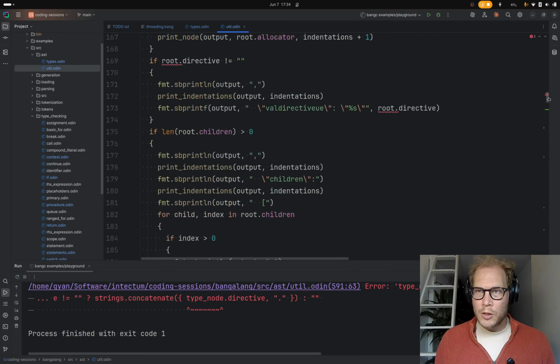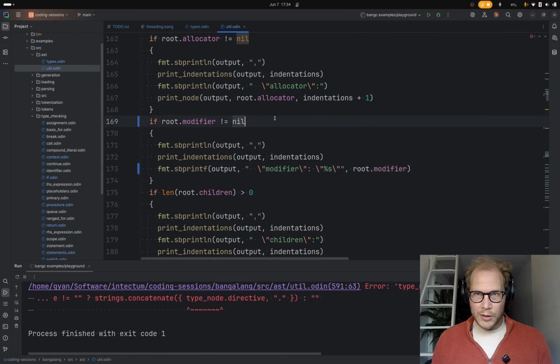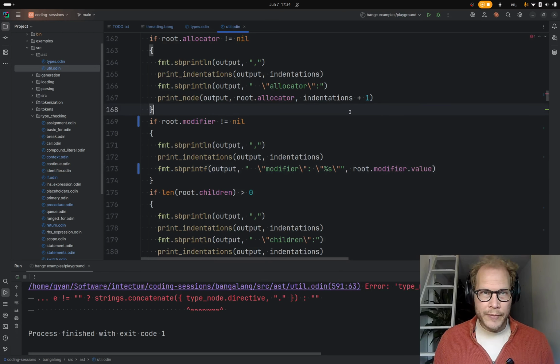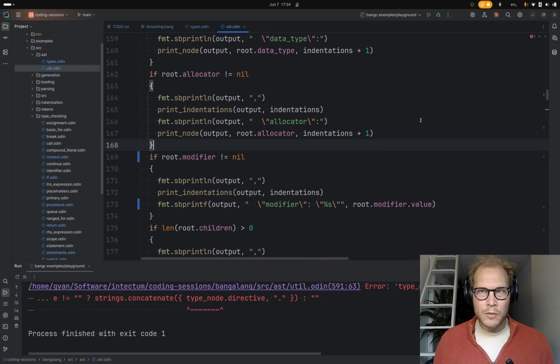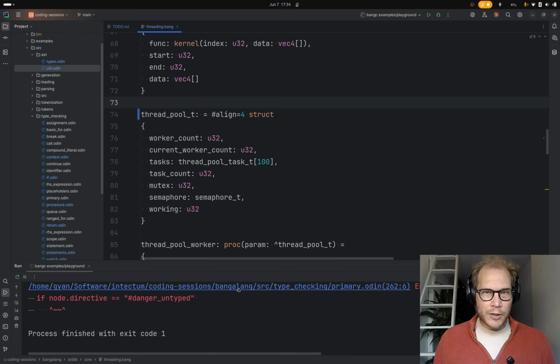Okay. Now we go up here. So this is changing the name. What the hell is this? It looks like I pasted directive into value by accident. So it should be like that. And that should be nil and dot value. Like so. Cool. That's taking care of that file. I don't think this file is needed anymore.